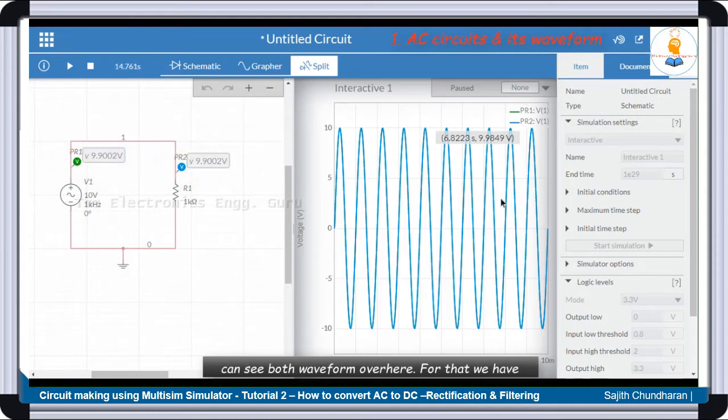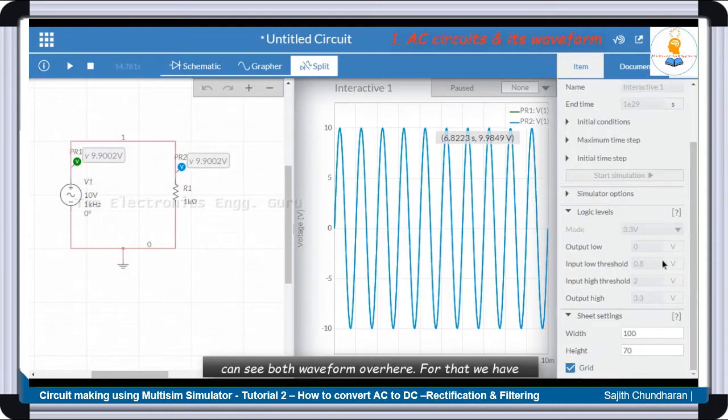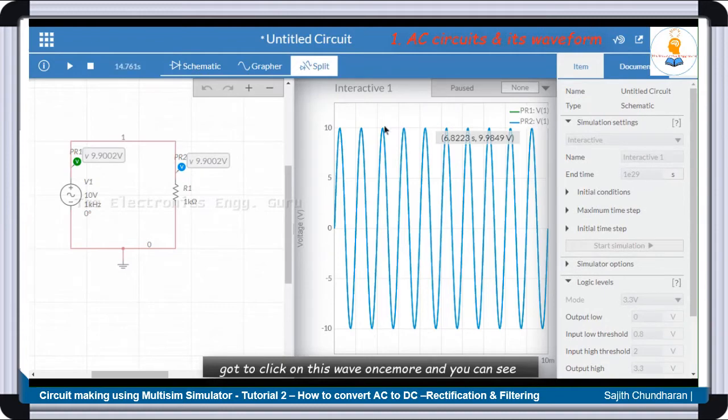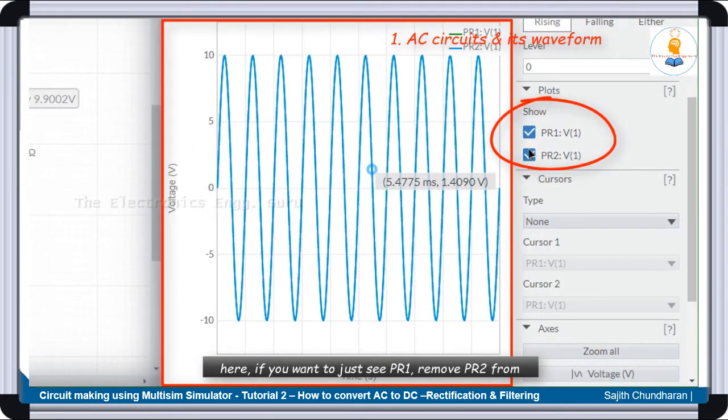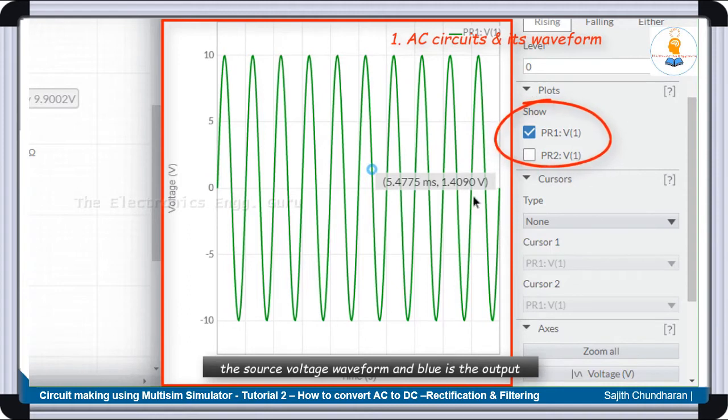Let us see whether we can see both waveforms over here. For that, we have got to click on this wave once more, and you can see here, if you want to just see PR1, just remove PR2 from the screen. You can see that it is green. So green is the source voltage waveform and the blue is the output voltage waveform. As you can see, both are overlapping and both are the same, because the input voltage directly comes